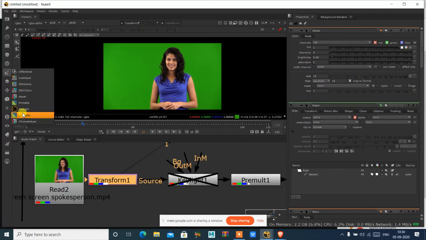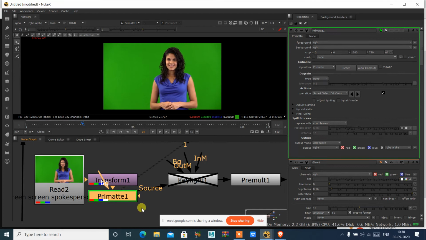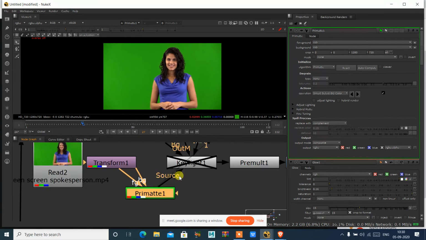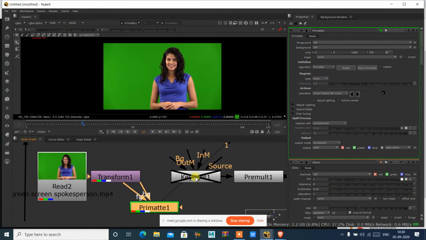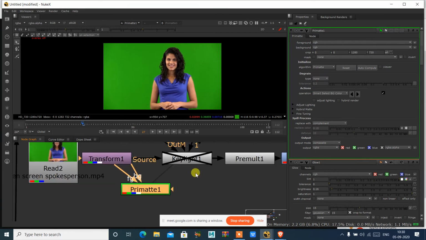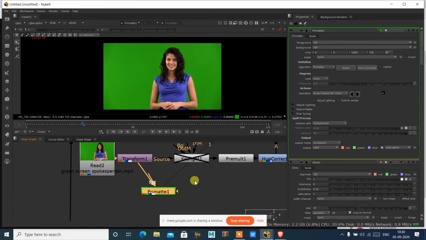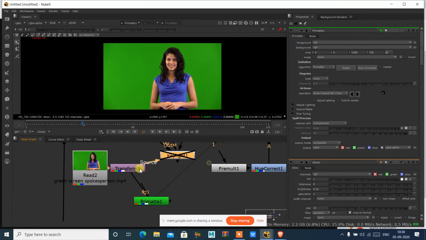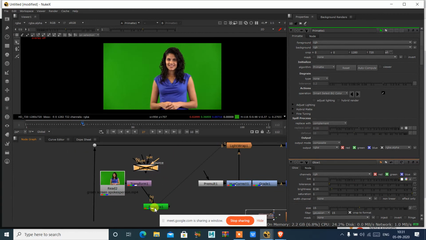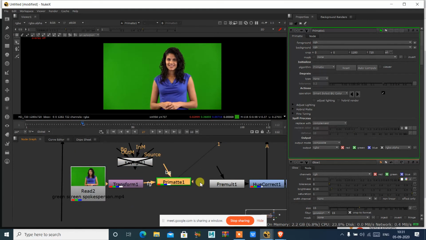There are different key nodes, like if I have primatte, I can use this primatte. Connect it to this, and this is the primatte which is connected to that. Just disconnect, we have already the key light. Now I'll use this primatte and connect this to this now.